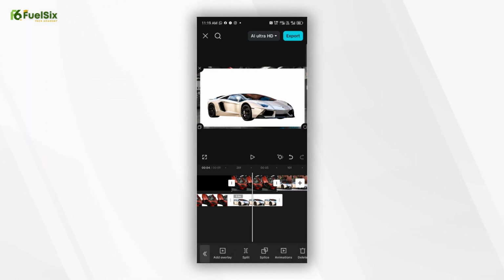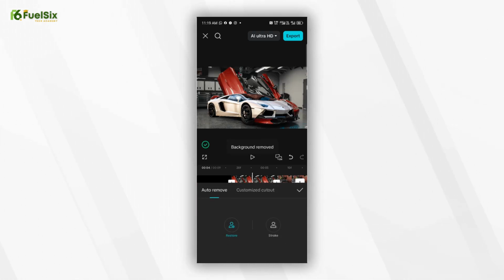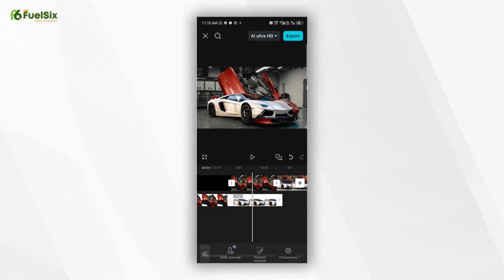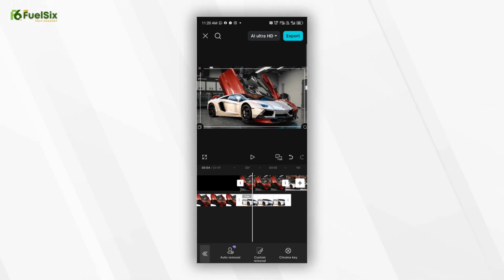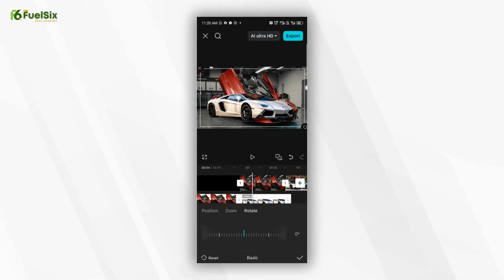The first thing is to remove the white background. I'll go to the background remover, select auto removal. The background is gone. I'll click on done. After that, I want to reduce the scaling just like I did for the first overlay. All right, so I'll go back, swipe all the way down to transform, go over to advanced, and I'll reduce